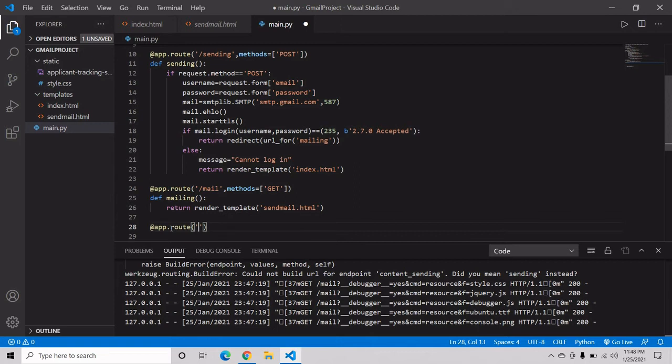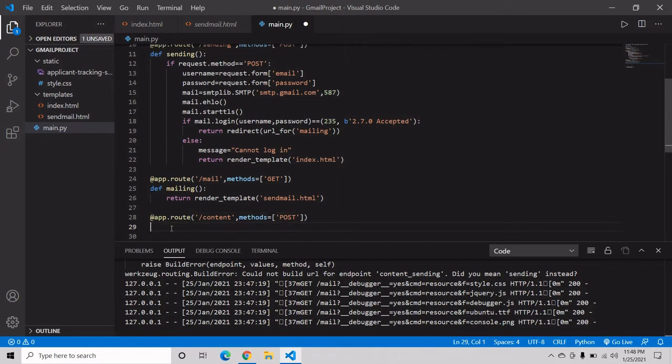Suppose I'm giving it as content. Our method should be post. Now we have to create a function known as content. Suppose I'm creating a content sending.